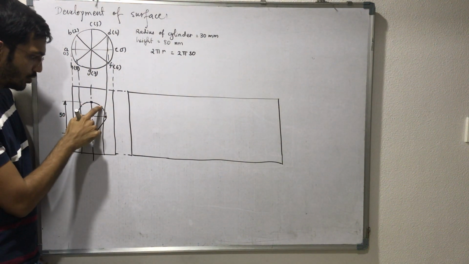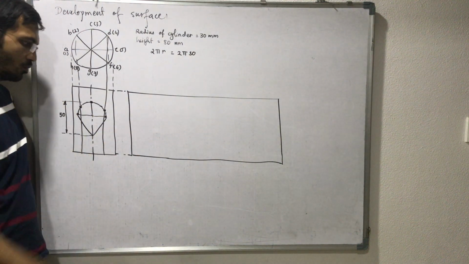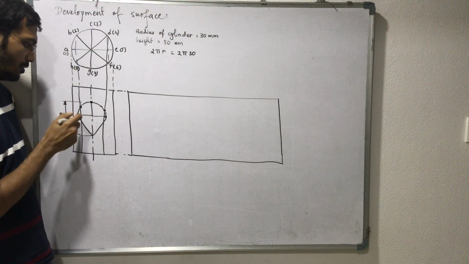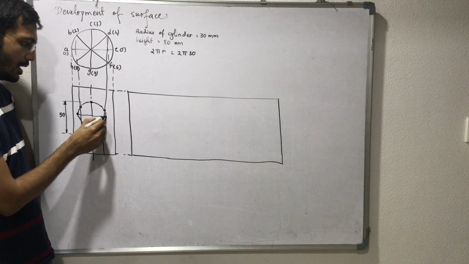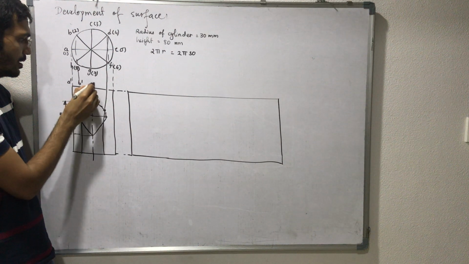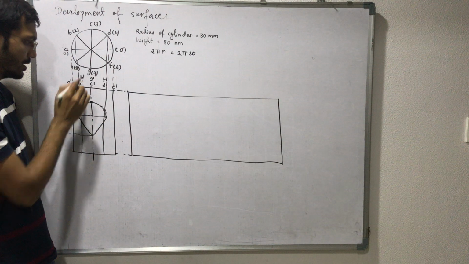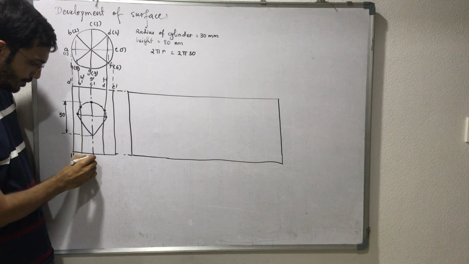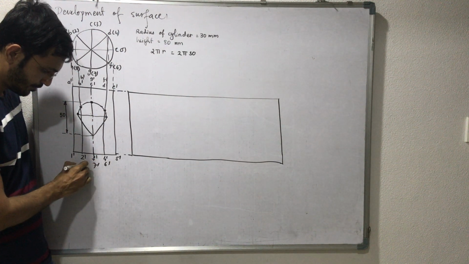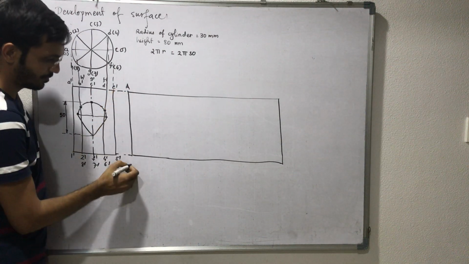Now you need not divide this part because we already have some points. It may not be 45 degrees, but fixed points. Now for development of the surface we require a starting point and ending point. But let's say here is A dash, B dash, C, D, E, F, G and H. Likewise at the bottom it is 1, so a total of 8 points. So I will start with A1.